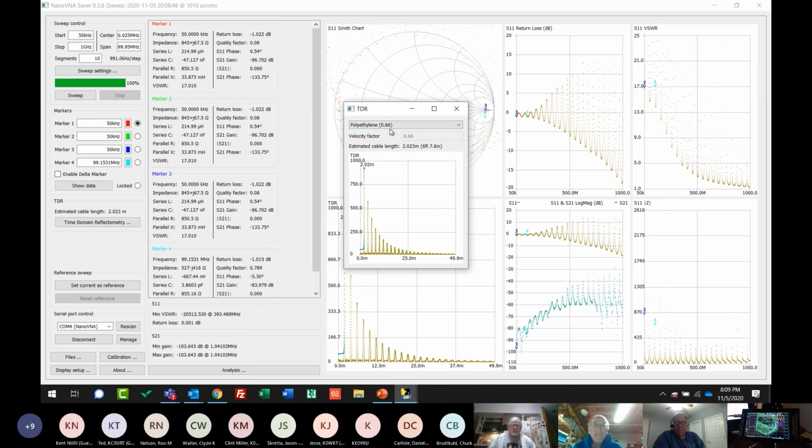In this case, it's RG213. So with that, it tells me that my total length is 6 foot 7.6 inches. Now, remember my calibration plane was at the end of the device. I've got a short pigtail here of 6 inches, and I've got a cable that is exactly 6 foot 1